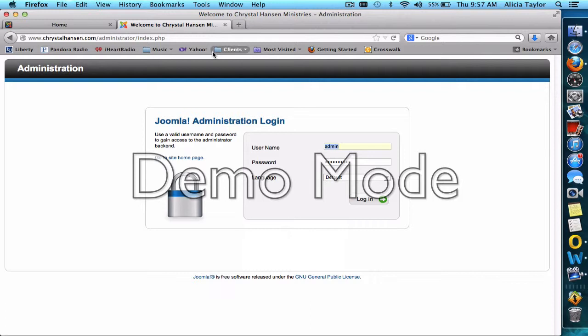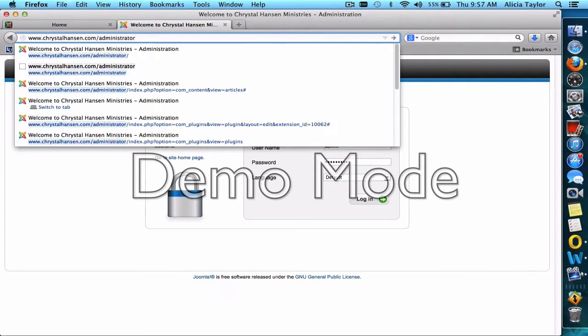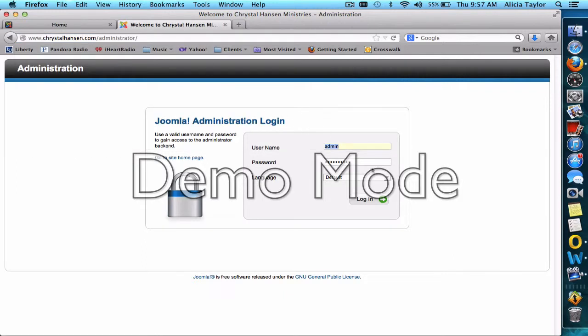So to log into the back end of the site, you go to www.crystalhansen.com/administrator. So you don't need that. This is what comes up automatically, the index.php, once you get to the page. But you just need to type in crystalhansen.com/administrator, and when you do, it's going to take you to this page where you put in your username and